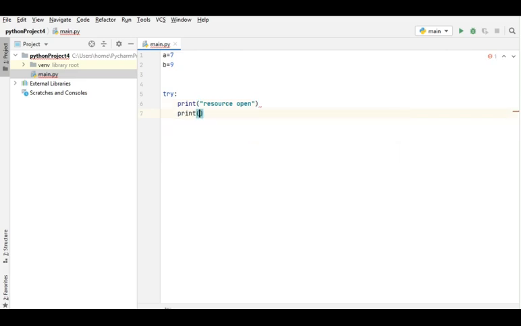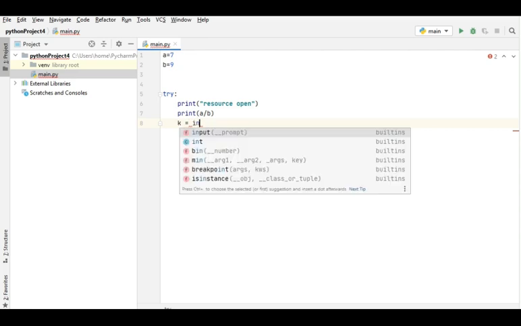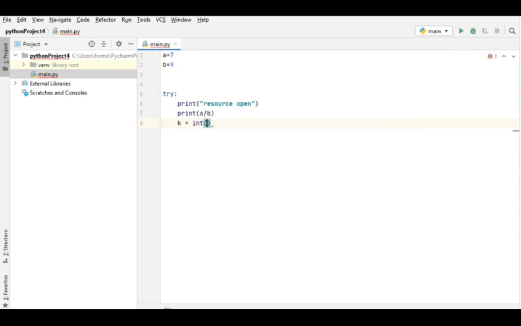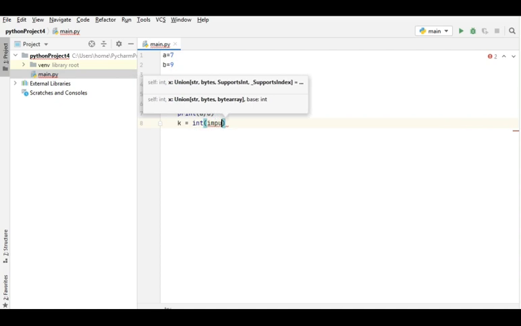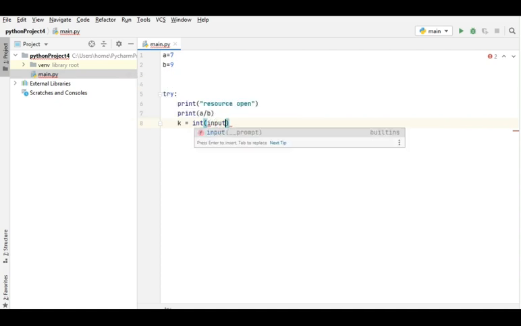Print B, and then let's give k is equal to int input, and then a number.